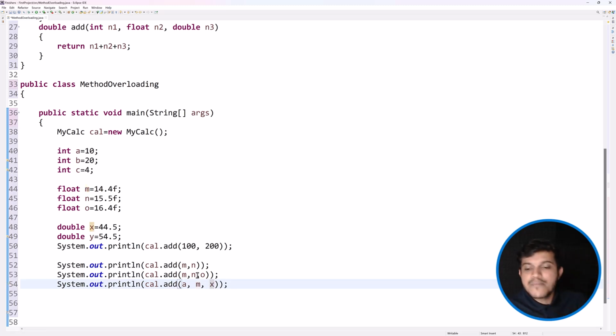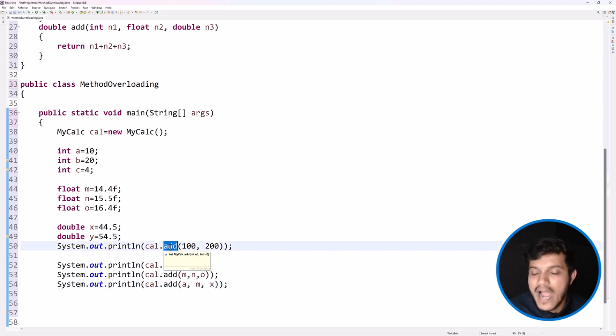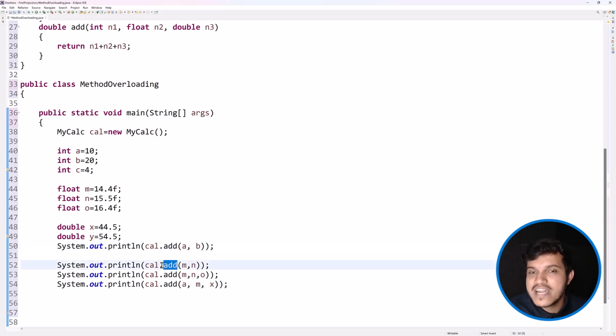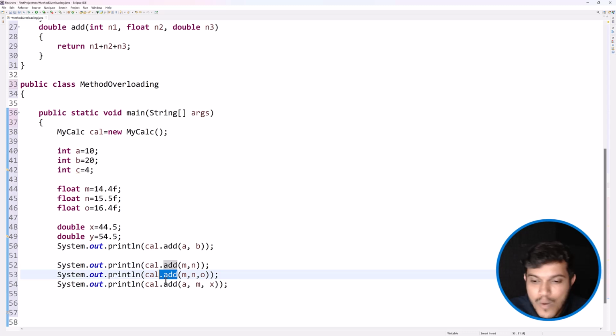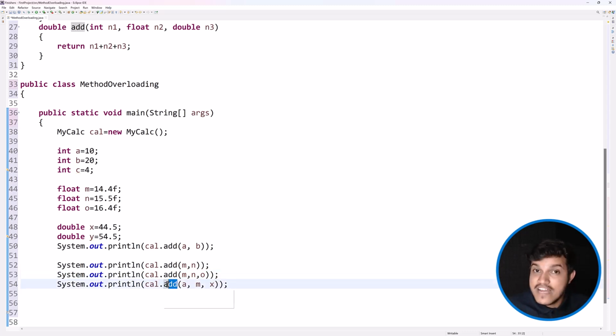Correct. So what I'm trying to say here, whether you want to add 2 integer values, what is the method name? Add. I'll give here a, the value which is there inside the a, the value which is there inside the b. I want to add 2 float values. What is the method name? It is add. I want to add maybe three float values. What is the method name? Add. I want to add one integer, one float, and one double. What is the method name? Add. So the developer who is using that business logic, which is coded by someone else, no, do that developer